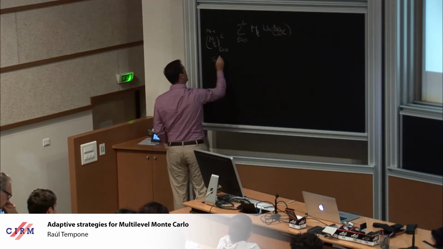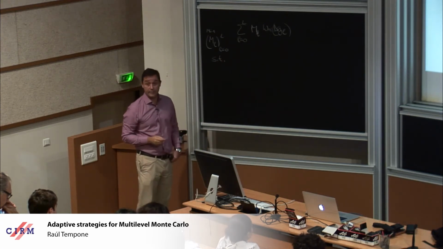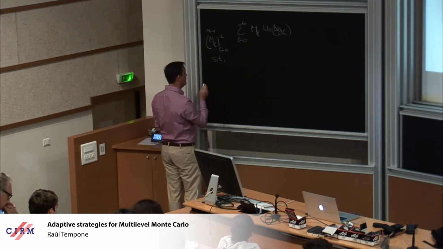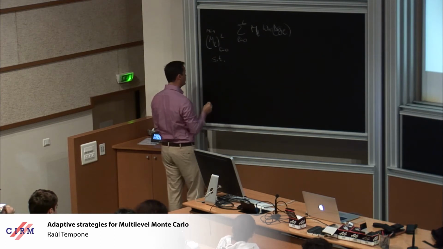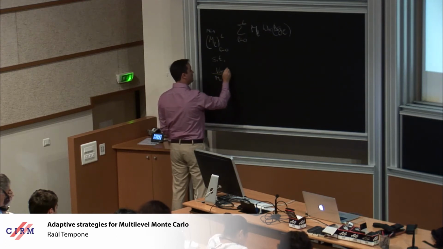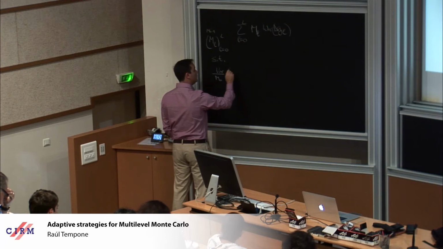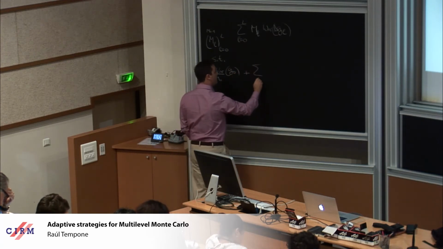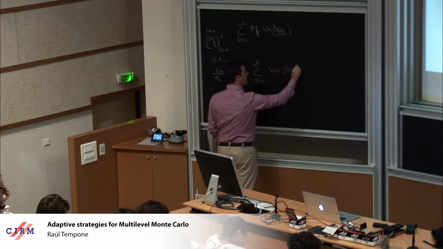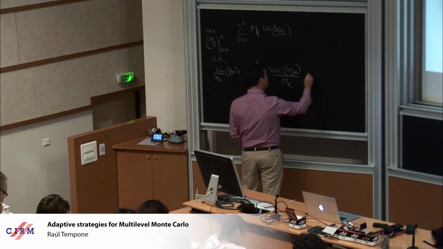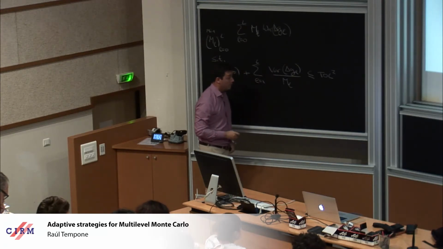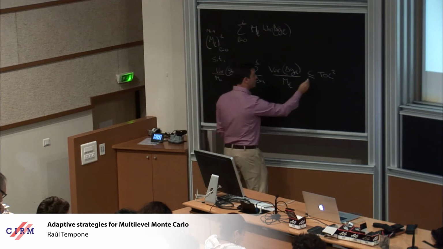And then, of course, there's a constraint, right? The constraint is the statistical constraint, and the statistical constraint, again, is the variance being less than tol squared. So what is the variance? Again, it is just 1 over M0 times the variance of delta G0, I just write it differently, plus the sum from L equals 1 to capital L of the variance of delta GL divided by ML. And this is less than tol squared. Of course, there's a constant here in between, but I'm not writing it. The constant comes from the confidence level that you want to impose, say.